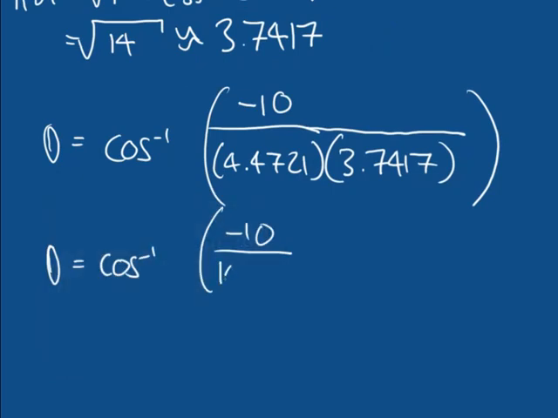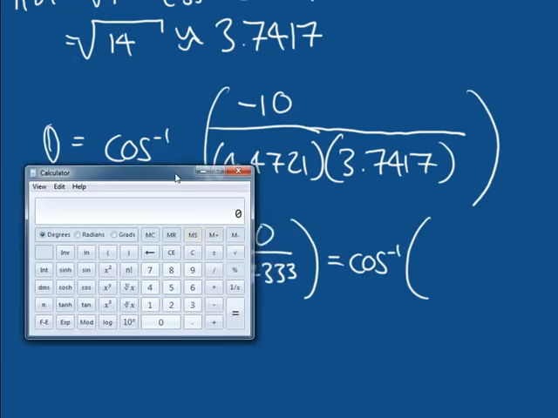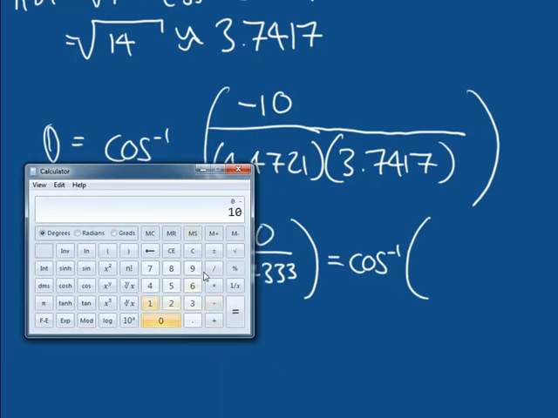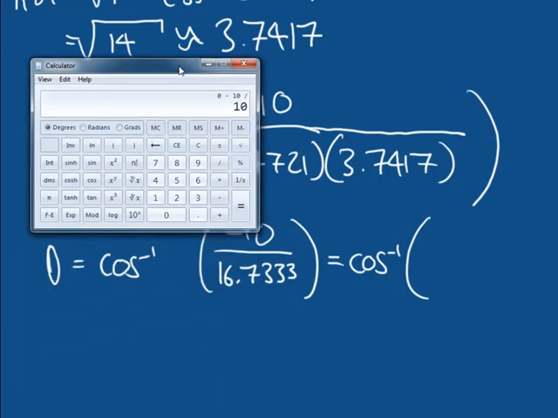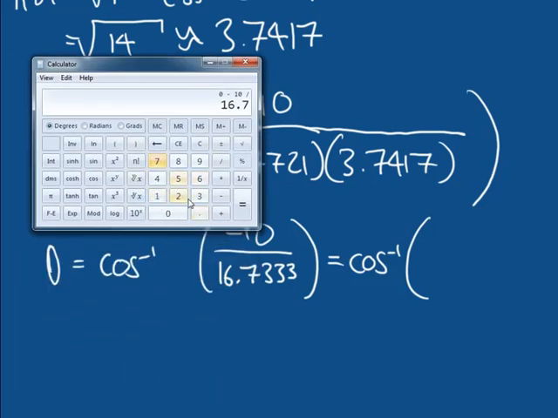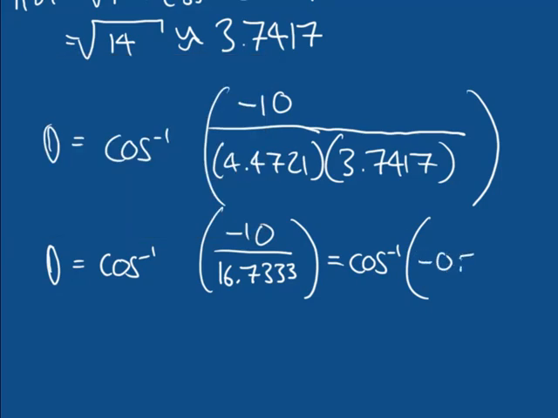So it's approximately 16.7333, which is equal to the inverse cosine of, if we take minus 10 and divide that by our 16.7333, that's approximately the inverse cosine of minus 0.5976. I'm going to keep that value in our calculator because we therefore can find theta is approximately equal to,